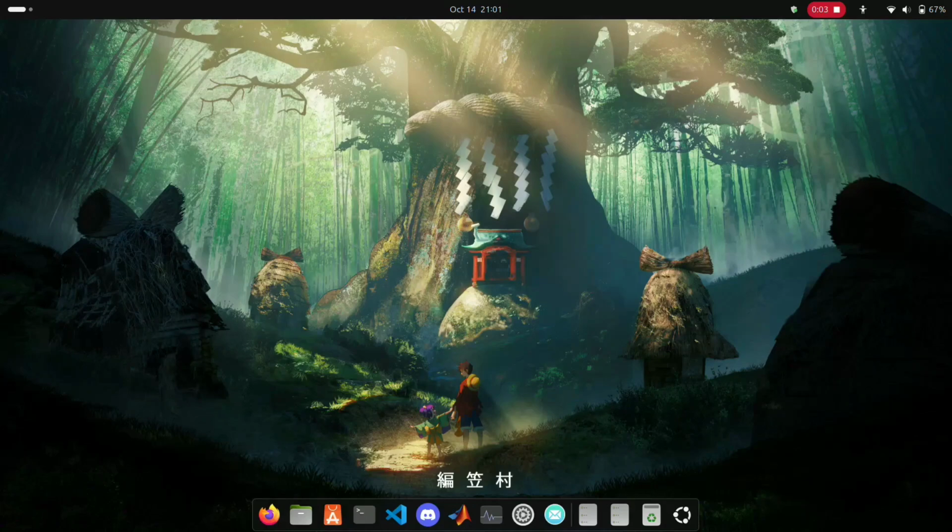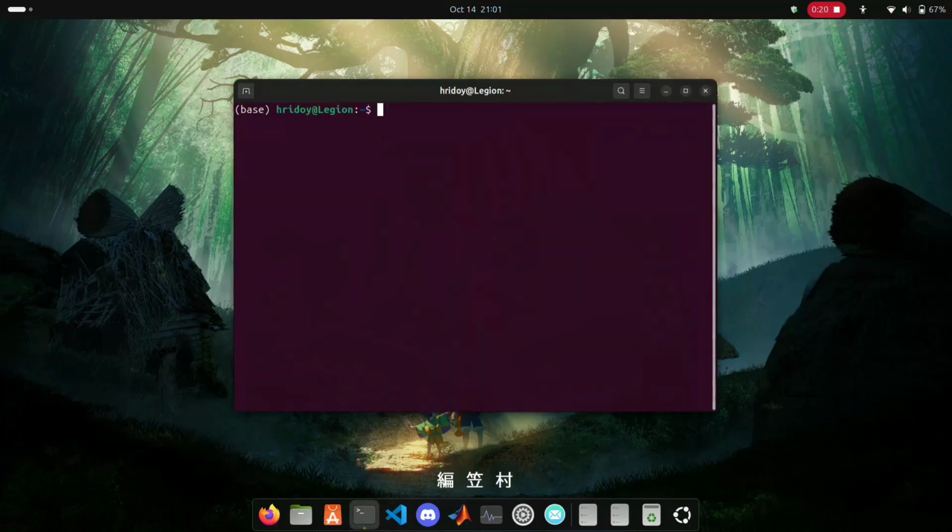So today we will see how to create a file and then write something inside the file and then delete the file in Linux. So for this we at first open the terminal, and now we need to know our current working directory. To know our current working directory, we will write pwd in the terminal,